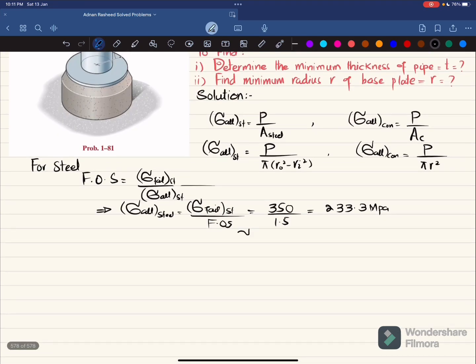Clear? So I will write it. We get allowable normal stress in steel is equal to 233.3 megapascal. Now for concrete,